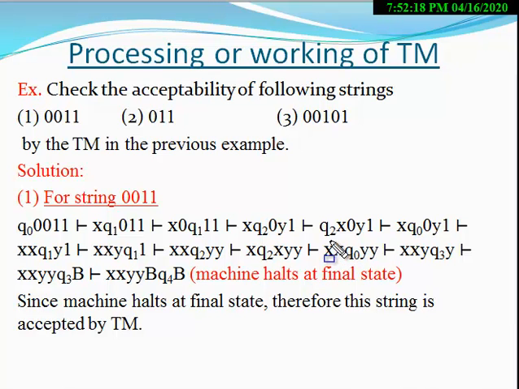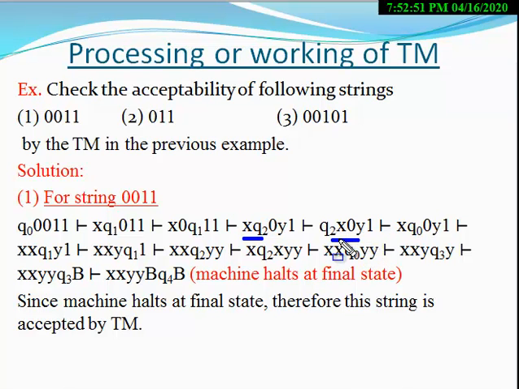So here, look, Q2 0, the machine moves to the left direction. At this place Q2 is to the right of X. Now Q2 goes to the left of X. So here Q2 moves to the left of X. So this action is applied. That is, no state change, no tape symbol change, only a move in the left direction.